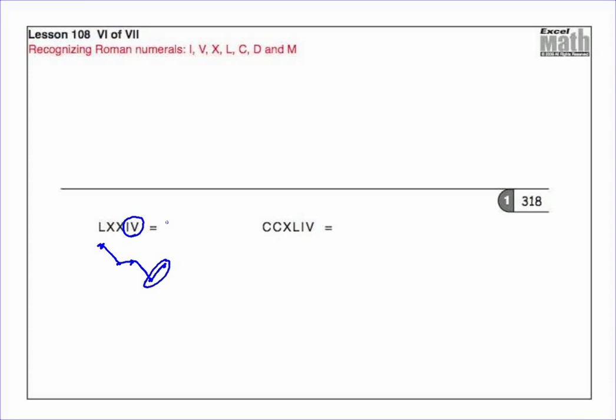So L is 50 plus XX, 10, 10, 20, and then add my backwards part here. You're going to put 5 minus 1 because 1 is less than 5. That's equal to 4. So the answer is 50 plus 20,